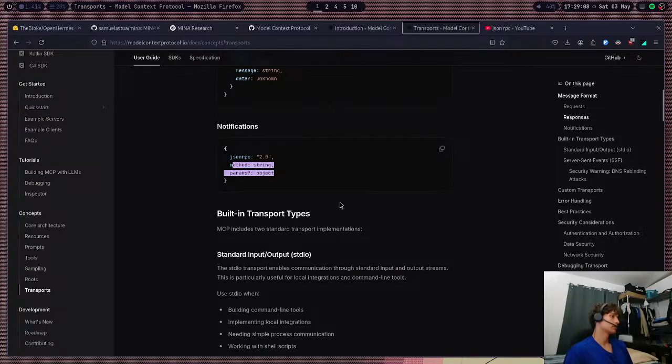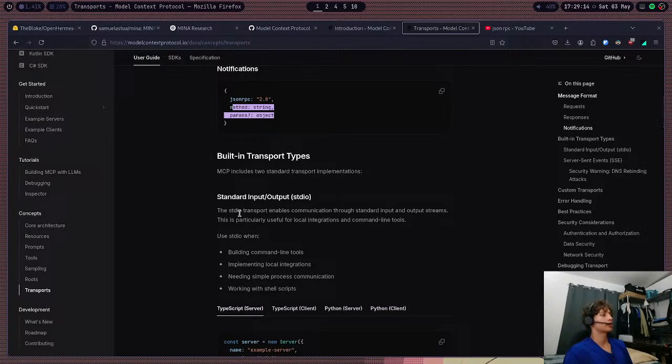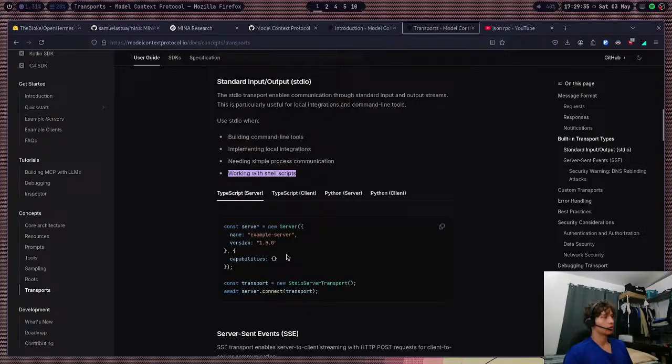So, built-in transport types. MCP includes two standard transport types. You have standard I/O. Standard I/O enables communication through standard input and output streams. This is particularly useful for local integrations and command line tools. Perfect. Use standard I/O when building command line tools, implementing local integrations, needing simple process communication, and working with shell scripts. I need this. So, for example,